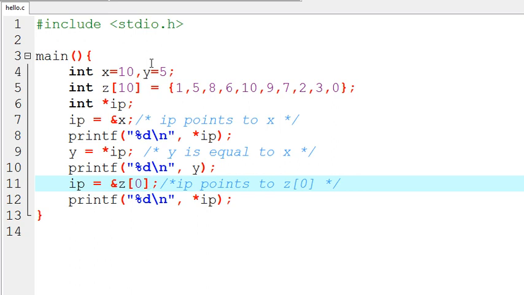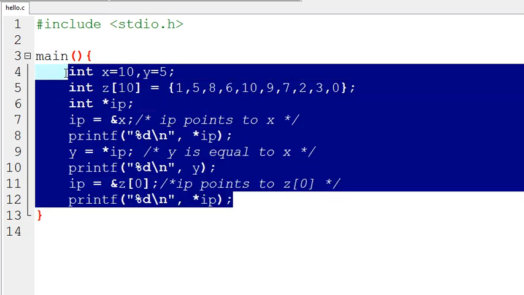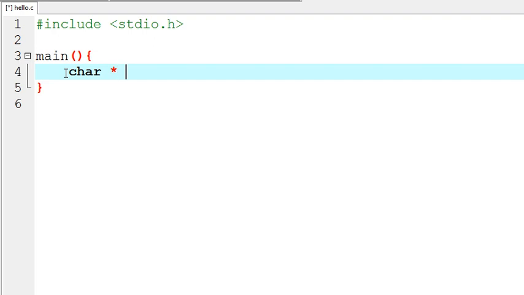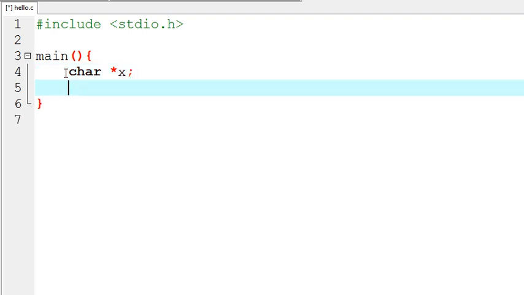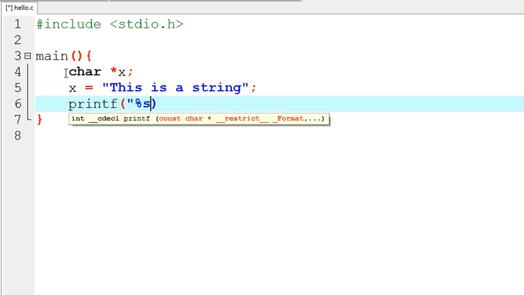It's ridiculous. And before we leave, I want to show you one more little thing about pointers. If you make a char pointer x, and then you say x is equal to a string, something awesome happens. If we printf this and format it as a string,